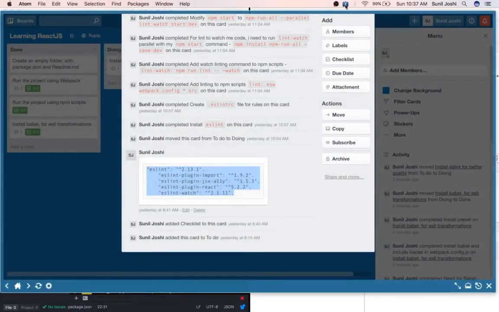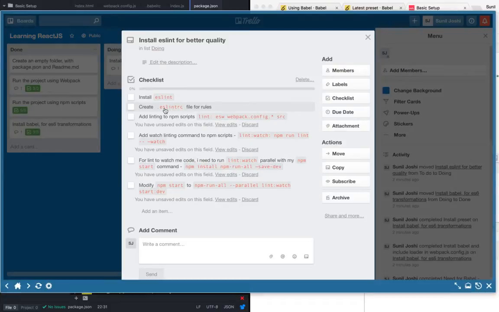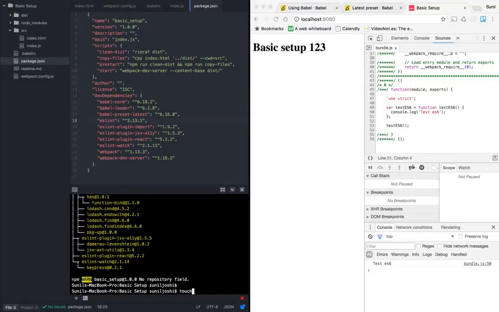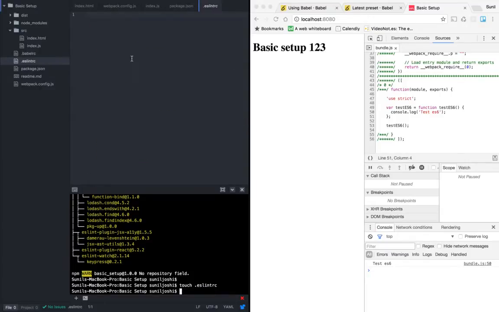Okay. So it is telling me to create an ESLint configuration file. Let's go ahead and create that, .eslintrc.